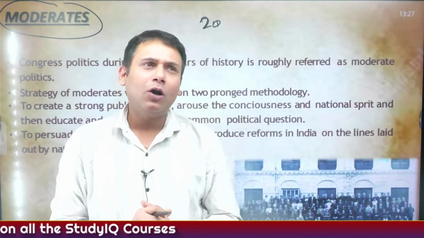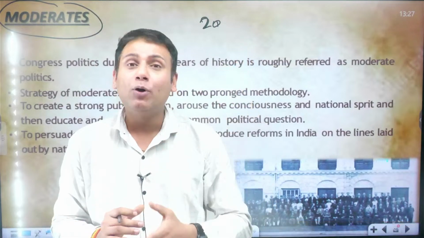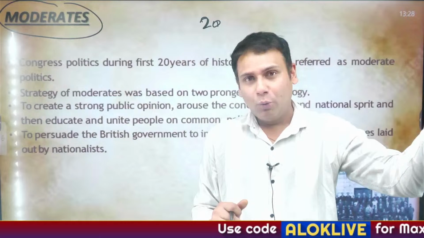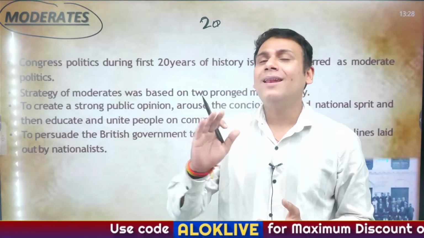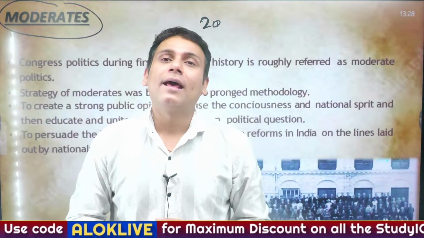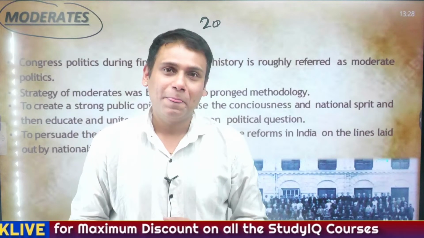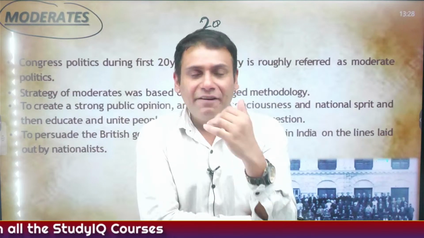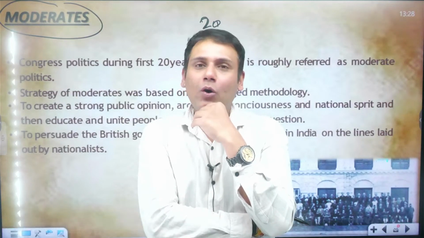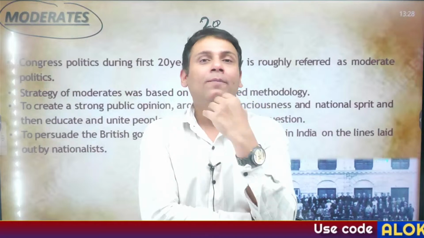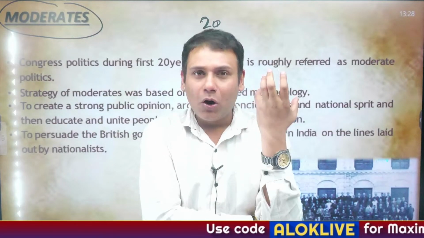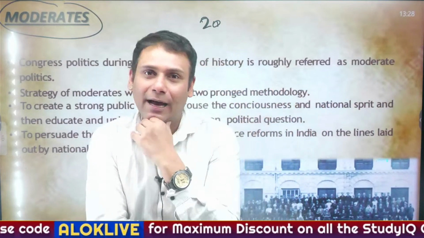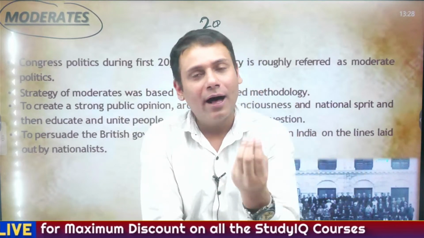It is believed that Lord Curzon in 1899, when he came to India as a viceroy, before this he visited India 4 times. So when he came to India in 1899, in 1900 he visited the region of Kerala, particularly Travancore. The Maharaja of Travancore received him. The Maharaja was sitting along with Lord Curzon in his horse-driven carriage, and he saw the Padmanabha Swami temple in Kerala, dedicated to Lord Vishnu or Narayan.